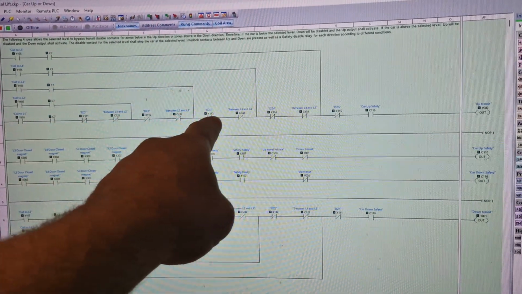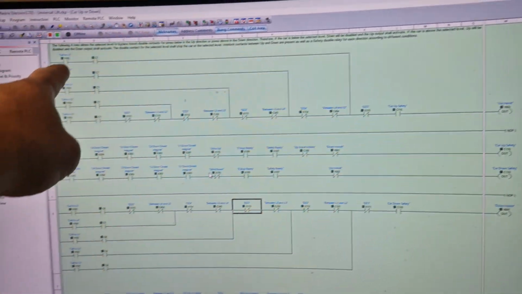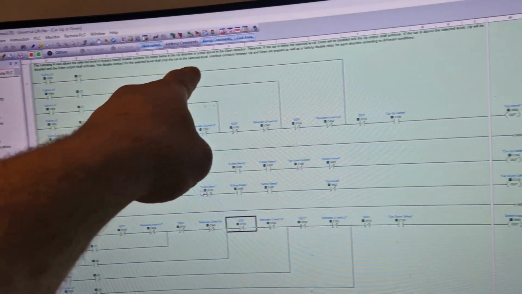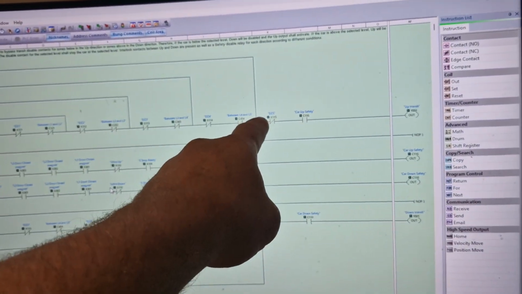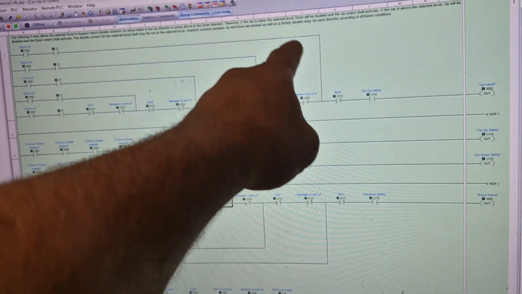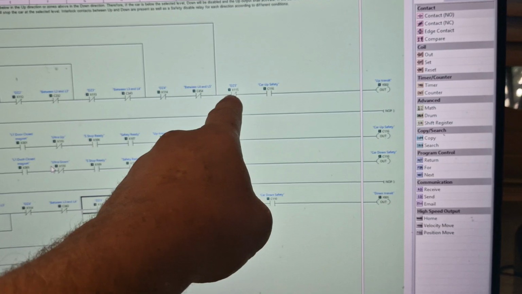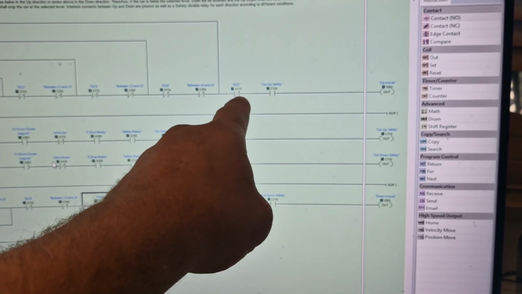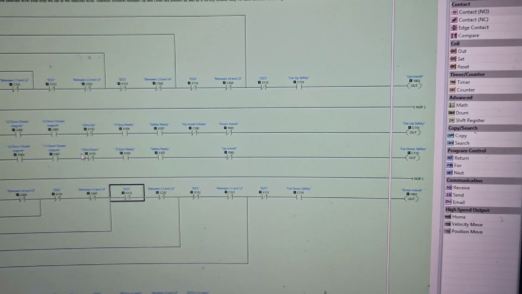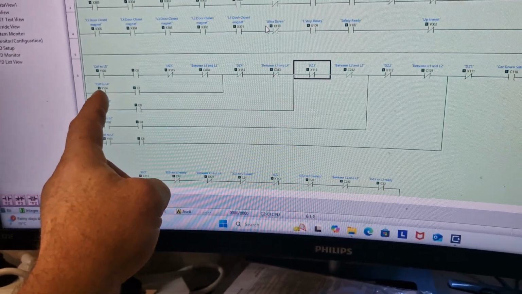proximities and whatnot to tell me where the lift is up and down from level 1 to level 5. Obviously, if I'm going to call it to level 5, I want the motor to turn on only when it's somewhere below this bypass line, and the only thing that should turn off the up motor is the level 5 proximity sensor. Likewise, going down, if I was to say press level 4 here,